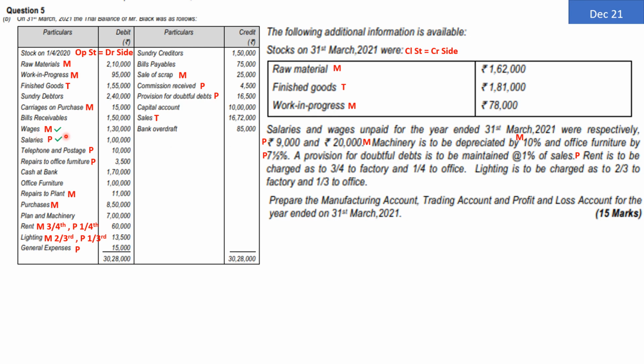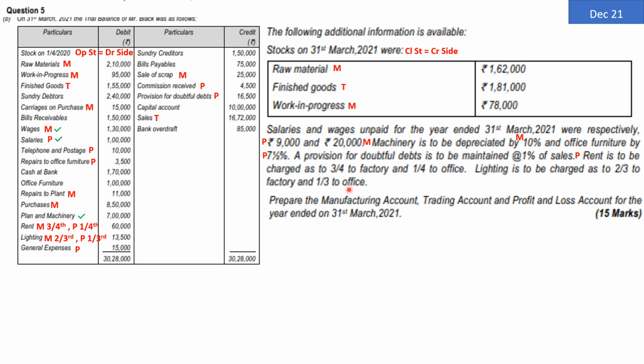So I have made a small green tick mark here to help me remember that these two items cannot be written at the same amount at which they are appearing in the trial balance. I'll have to put them in the inner column in the main answer, so that I can make the adjustment of outstanding to be added to them. And then only after addition, the amount will go to the outer column. Next is machinery is to be depreciated by 10%. So the depreciation on machinery, that means plant and machinery, there is a small tick mark I'm putting. I'll have to use this 7 lakh rupees and I'll have to consider 10% on the same. That comes to 70,000, and it's machinery, that means it is required in factory. So it should go to manufacturing account debit side.